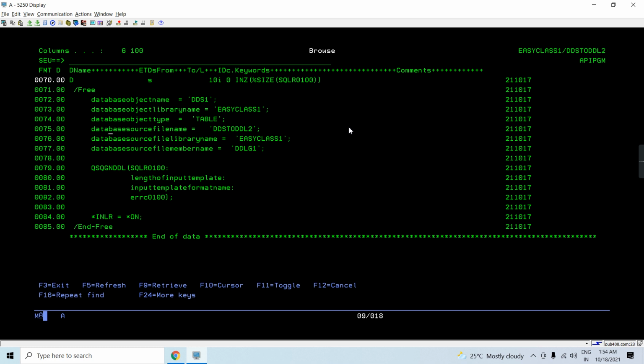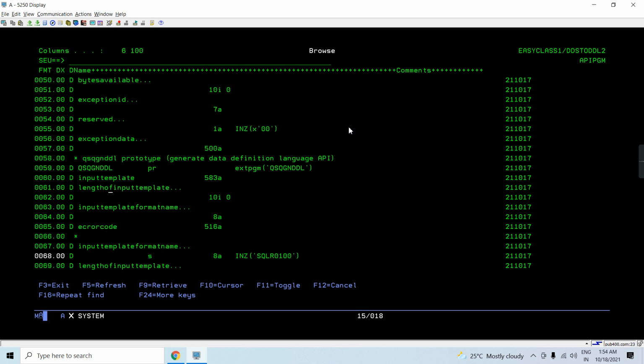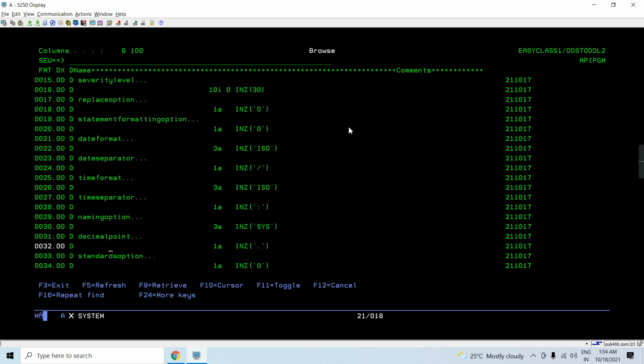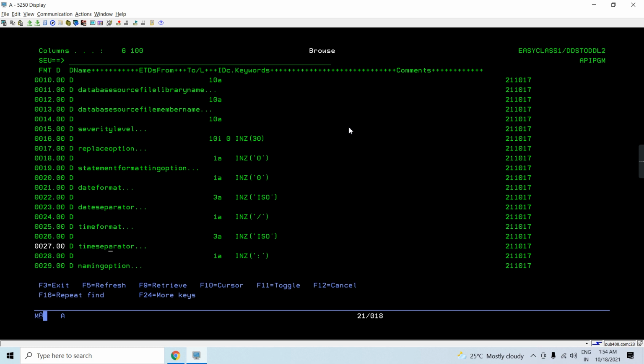Like I feed this object name, library name, type, and all these things here. So you'll be feeding all the other information which I'm hard coding here. So these things can be taken as input from the user, and based upon the user input we can generate a generic database DDL source out of an object.